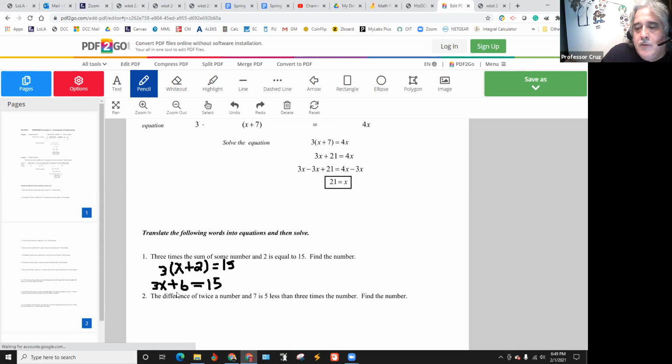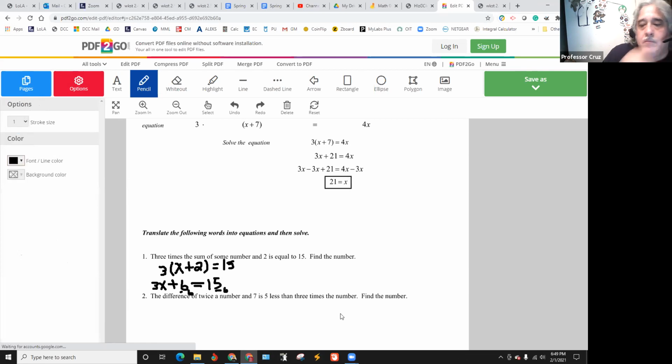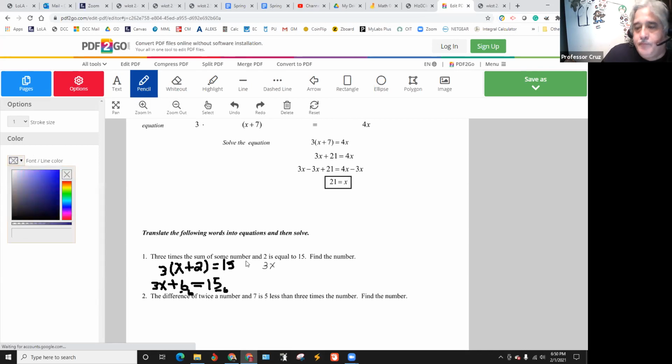All right, so subtract 6. So 3x. So the 6's are gone. So 3x is equal to